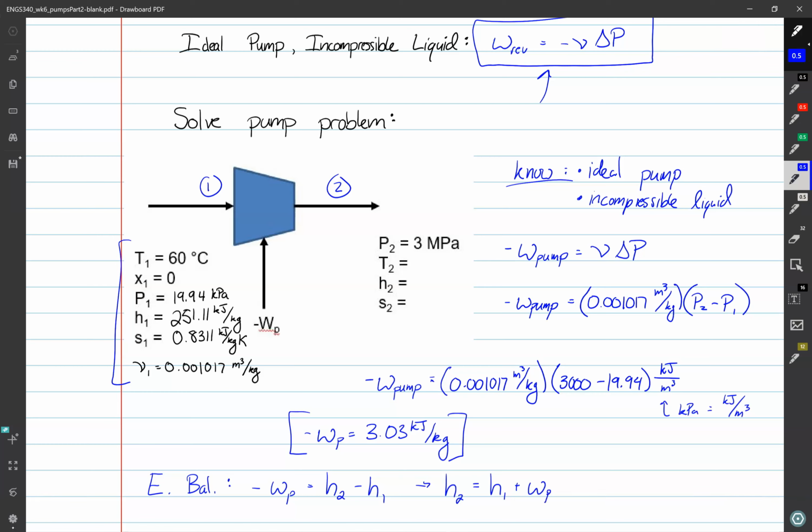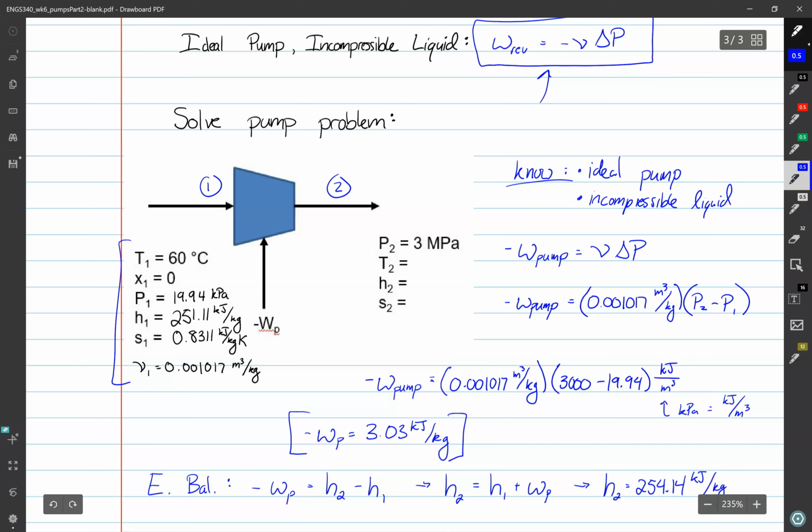Think about what this equation means. The enthalpy coming out is equal to the enthalpy coming in plus the amount of work that we put in. Because of conservation of energy, that work has to go somewhere. It's being converted into thermal energy, an increase in enthalpy. This would give us an outlet enthalpy of about 254.14